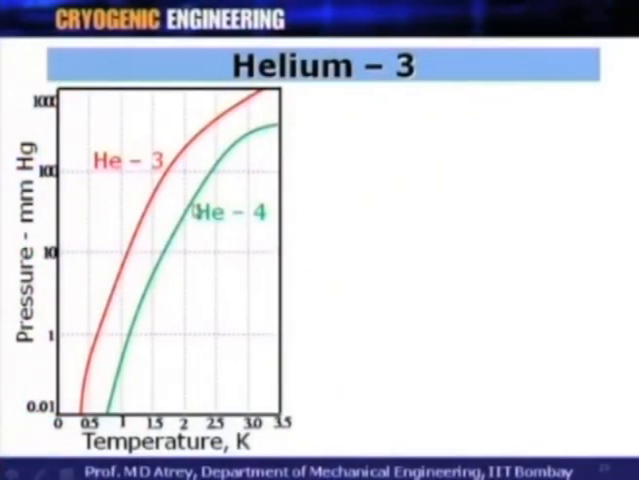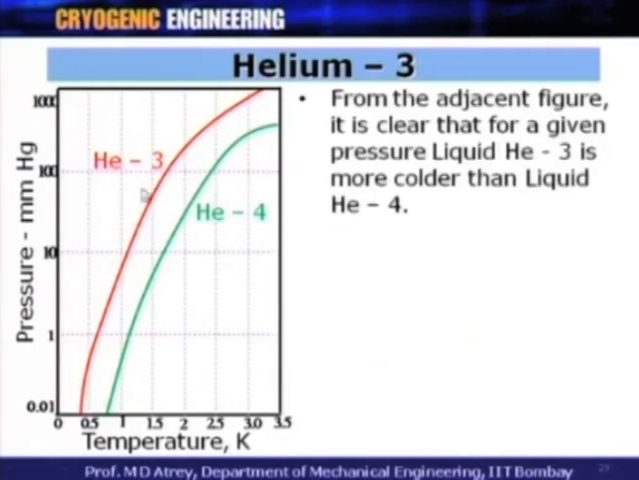Now, what you see from this is a pressure versus temperature diagram for helium 3 and helium 4. Just for comparison, you can see the vapor pressure curve for helium 4 and the same curve for helium 3 at this point. And from here, you can understand that for any pressure, if I plot a horizontal line, what I get is, for a given pressure, helium 3 has a lower temperature as compared to that of helium 4. So, if I could achieve lower and lower pressure using helium 3, I will get lower and lower temperature. From the adjacent figure, it is clear that for a given pressure, liquid helium 3 is colder than